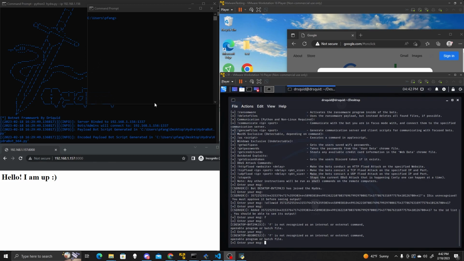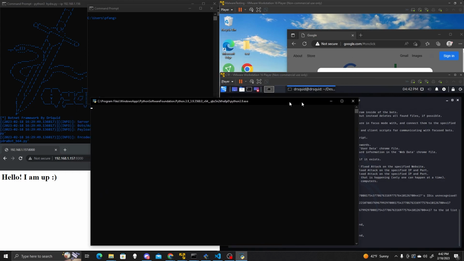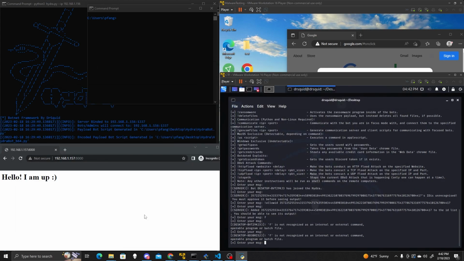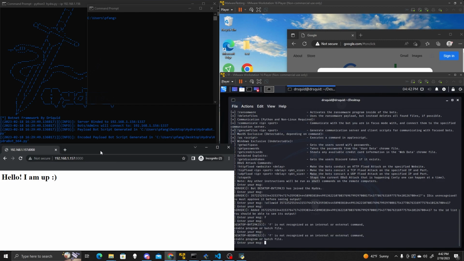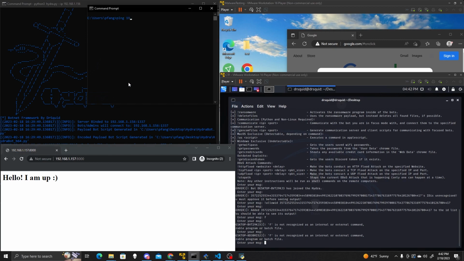Alright, so to demonstrate a denial of service attack, or more specifically a distributed denial of service attack, I essentially just ran the payload on my main computer over here. I'm just going to put it on a different display, but both bots are connected to my botnet, so I'll be able to attack the server from 2 different locations. So I'm going to ping the target website,